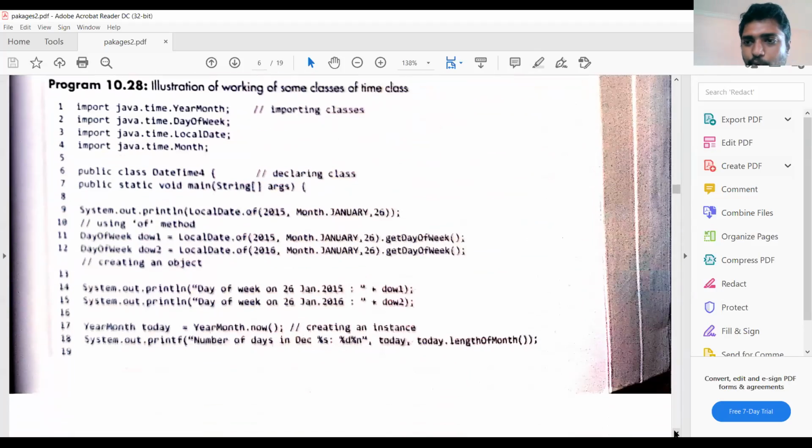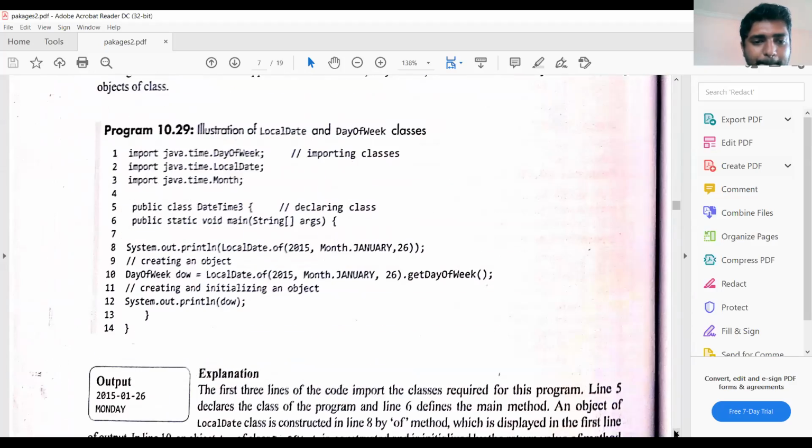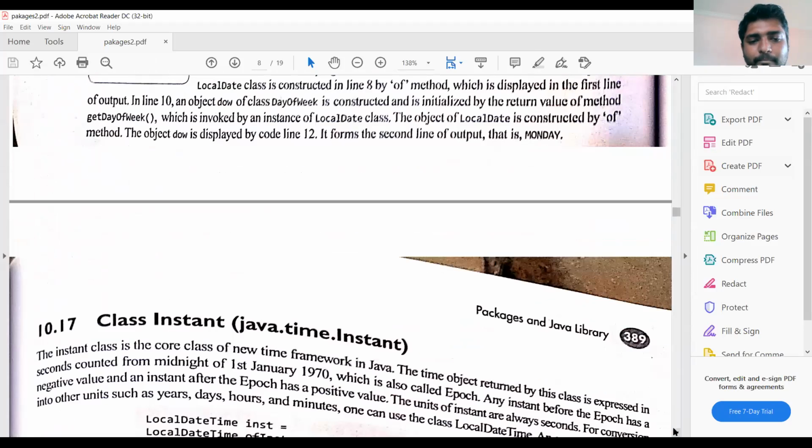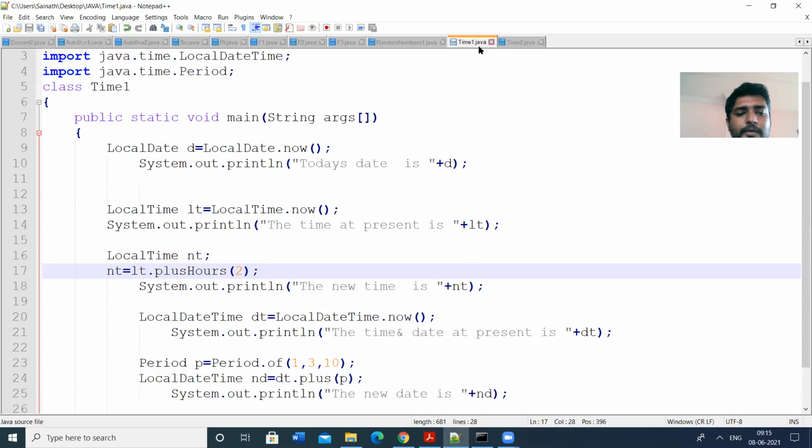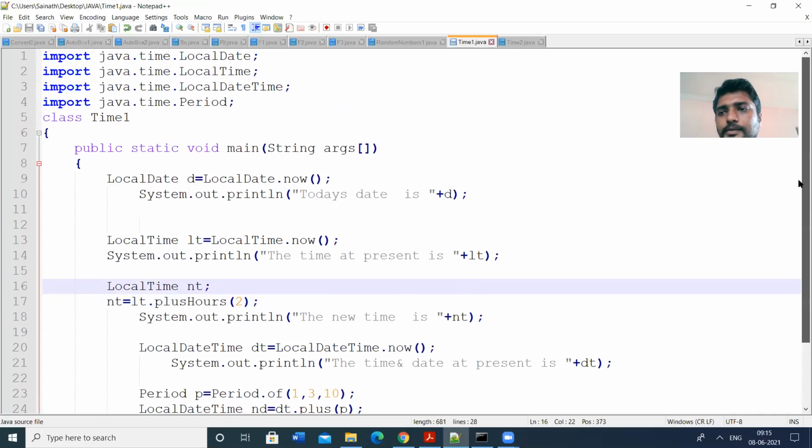So let us have some programs on this time. Let us check this. Here I am importing all the classes in time.